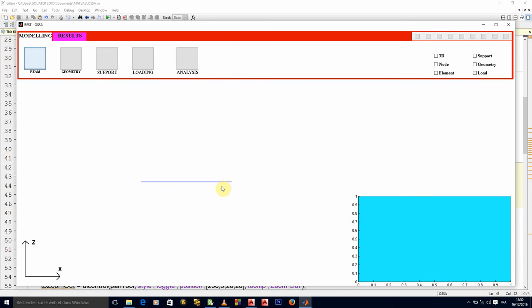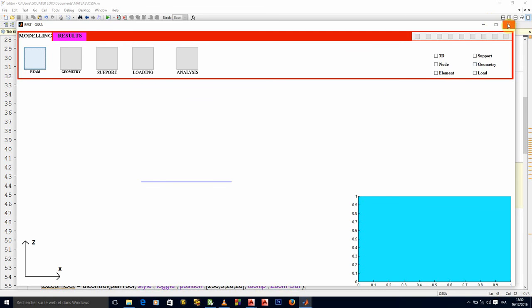Okay, the user would like to modify the length of his beam. He might not have a beam of 3 meters, he might have a beam of x or n meters. Okay, so we have to give him that possibility of modeling the beam that he wants, right? So how do we do that? Well,